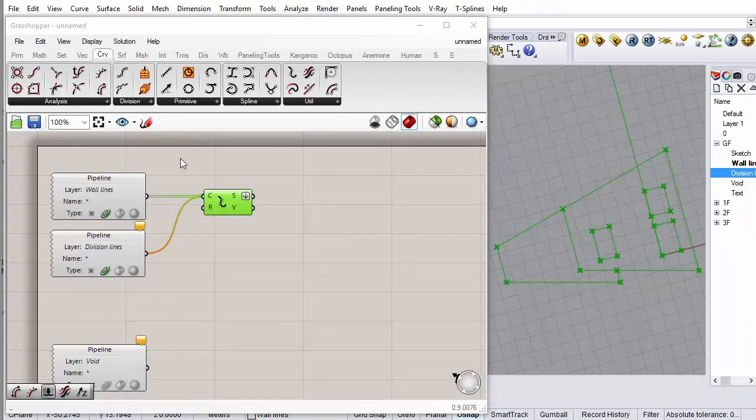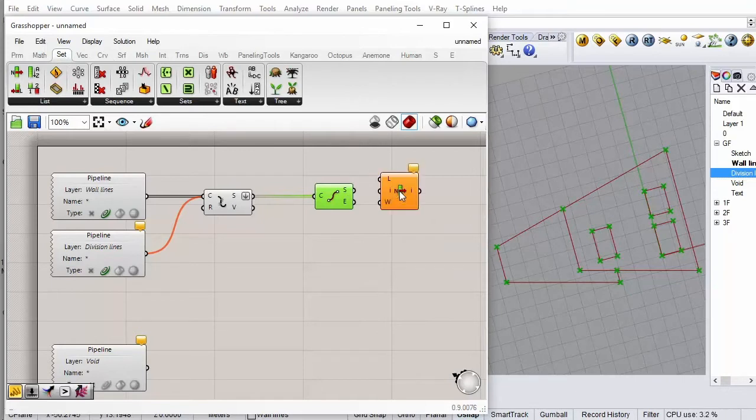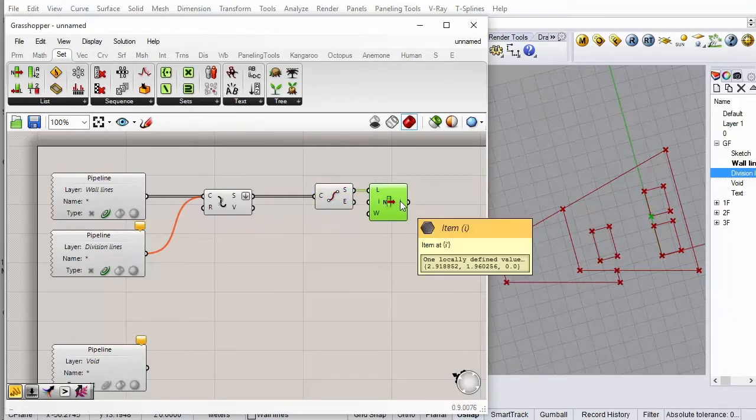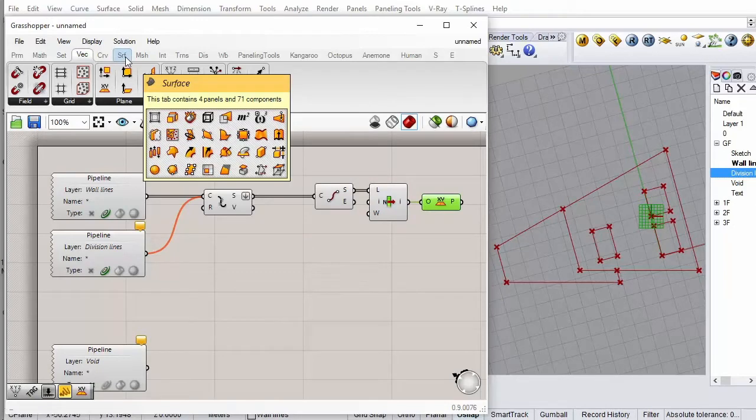So in order to do that, it's easy to take any point that lies on here, just take the start points, and then take any start point that you want, as long as it's just one, because we only want one surface. And then use that to create a plane,